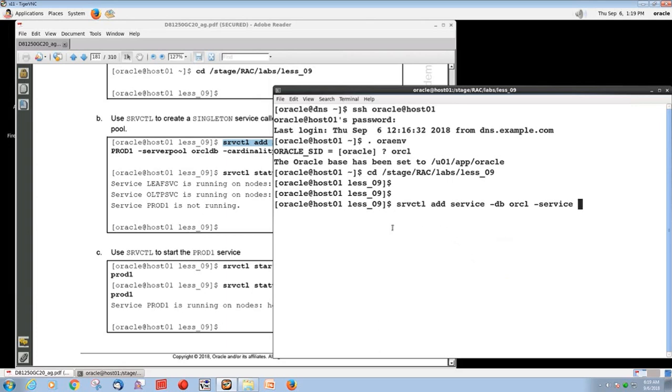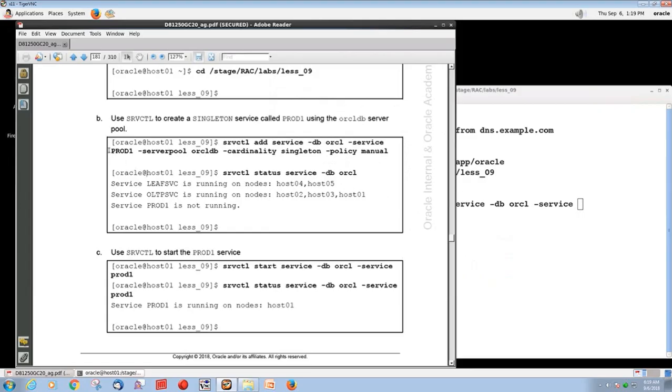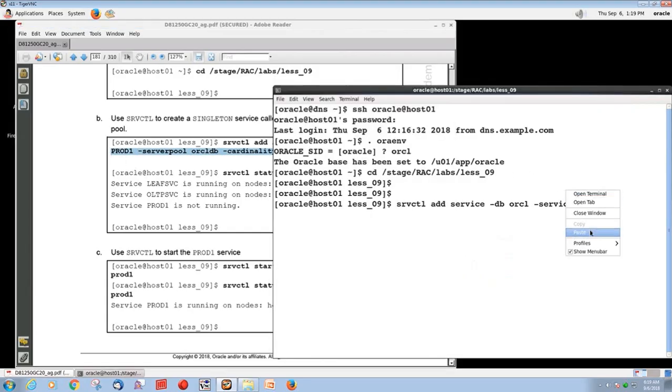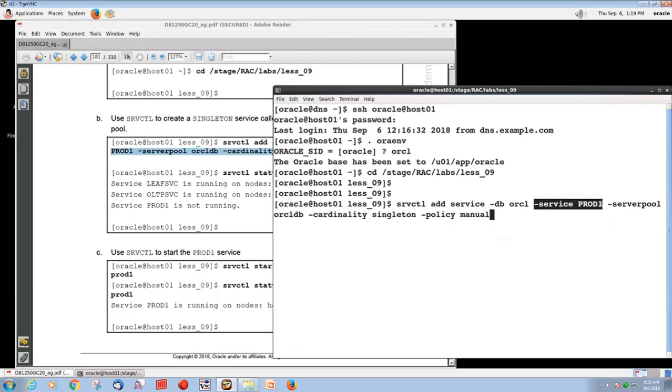SRVCTL add service, ORCL, service name, in this case, PROD1, and it is a singleton service. Meaning that this service exists on only one of the instances. So I'm going to execute this,